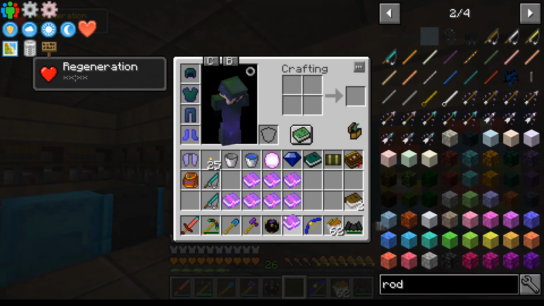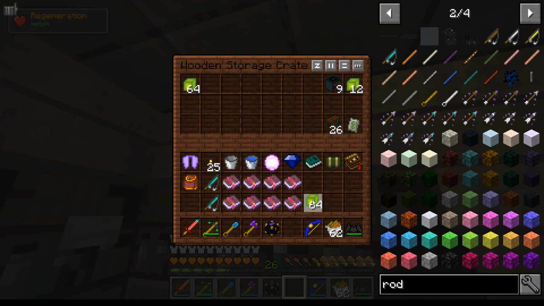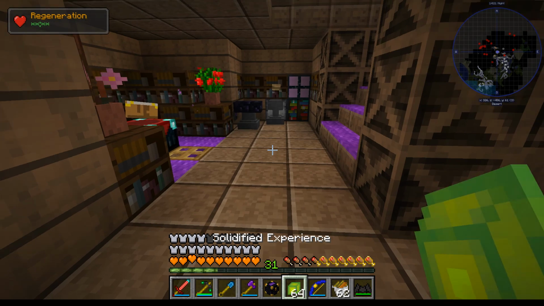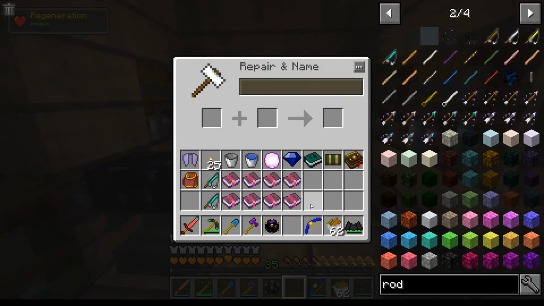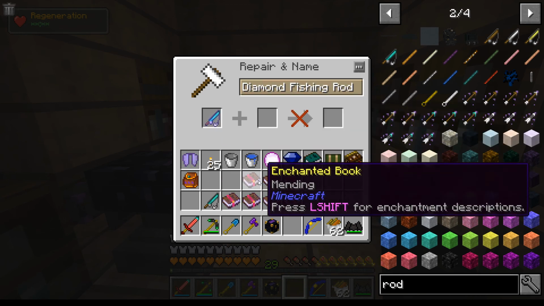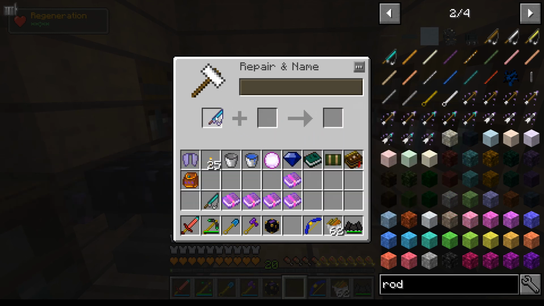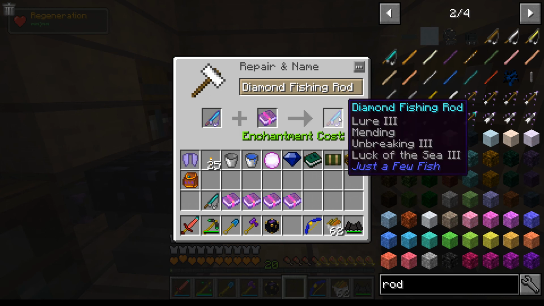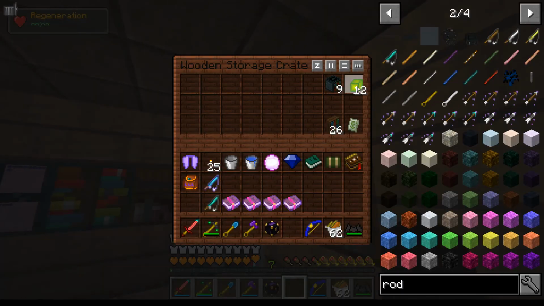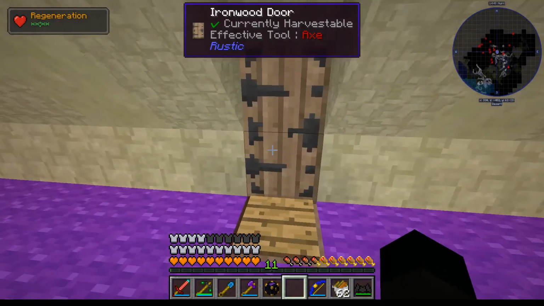Oh. And that should, along with a few bits of experience, we're going to have to do some grinding for experience at some point. Give us everything we need to go diamond with Looting 3, 6 levels, with mending, that's another 3 levels, Unbreaking, that's another 6 levels, and Luck of the Sea, that's 30. Ow. Okay, we need to grind now, because I think, yeah, apart from that, I think that is all the experience we...